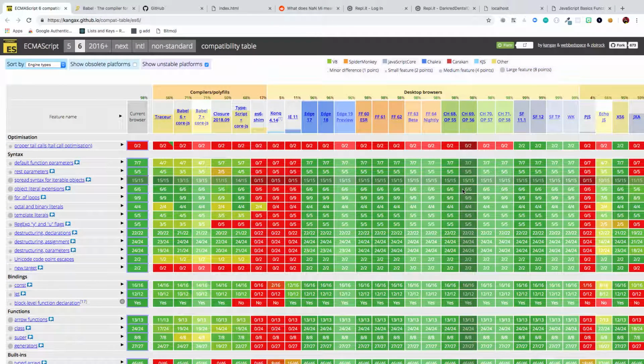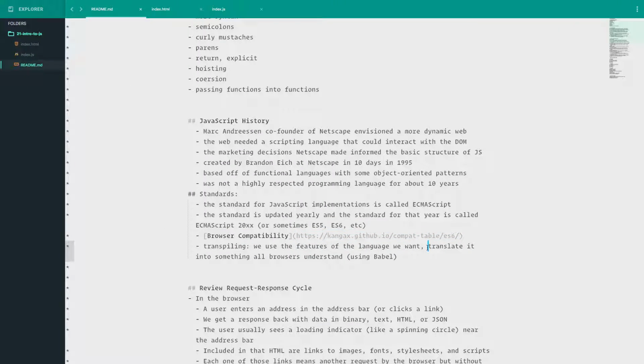And one way that we get around this problem too is transpiling. Developers want to write with the newest features, they want to use ES6, ES7, but not every browser can handle it. So something that your application can do in the background is transpile the code that you've written with the latest features into an older version of JavaScript.